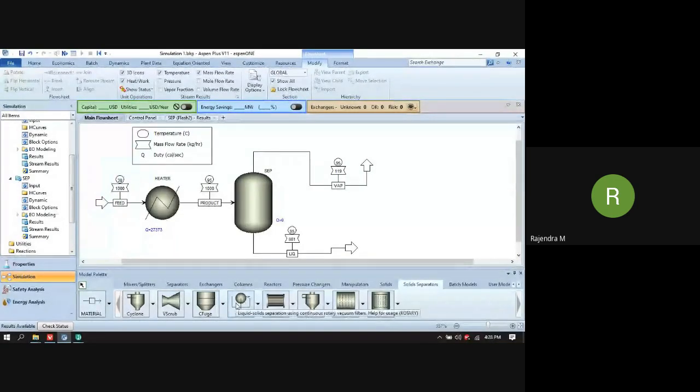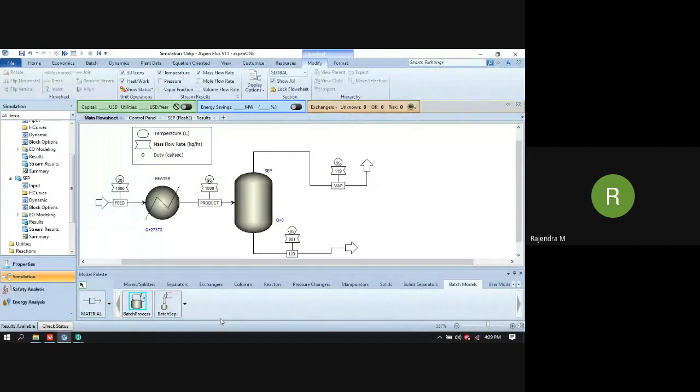And there is a drum filter, rotary drum filter, rotary vacuum filter for liquid solid separation. Then there is a cross flow filter, okay, hydrocyclone, fabric filter. For the solid gas separation process, the fabric filter is used. And there is an electrostatic precipitator. So for gas solid separation we use electrostatic precipitation, right? And there are batch models as I covered earlier, like batch processes and batch separations.